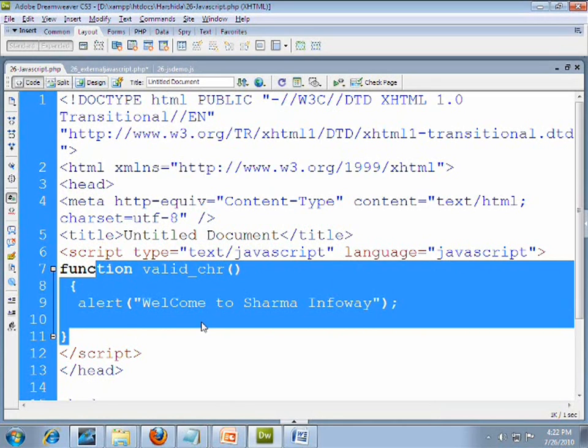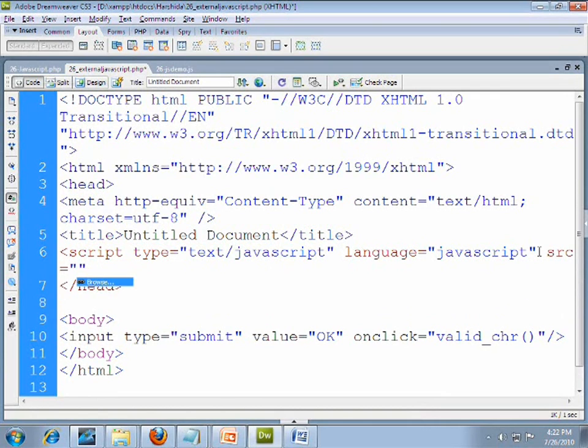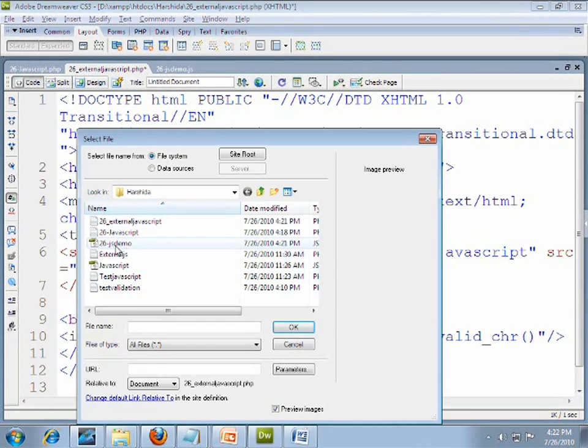That's why we do not specify our source path. But when we perform the external JavaScript example, at that time we use src for the source and click on Browse. Select your page, my JS file 26 jsdemo.js, which is my JavaScript page. Just select the particular page and click on the OK button.